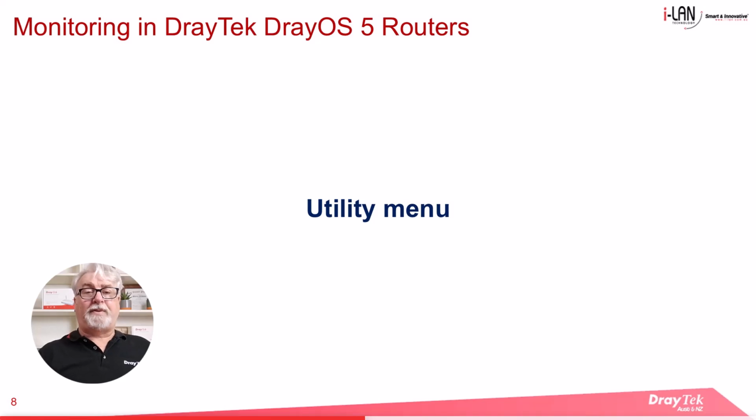Now let's take a look at the utility menu. While the monitoring tools provide valuable insights into what's happening on the network, sometimes it's necessary to actively diagnose and resolve issues in real time. The utility menu in DrayOS 5 provides a set of built-in tools designed to help quickly identify and fix connectivity problems. Some of the key tools